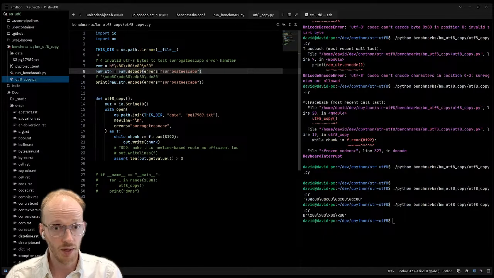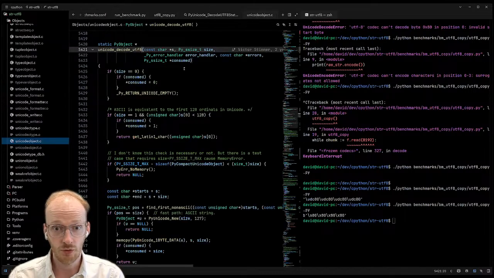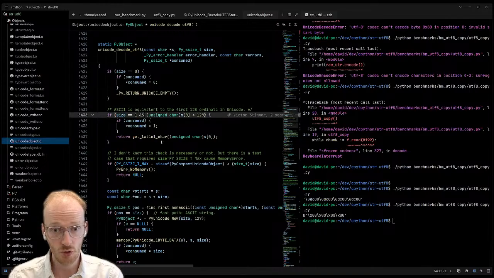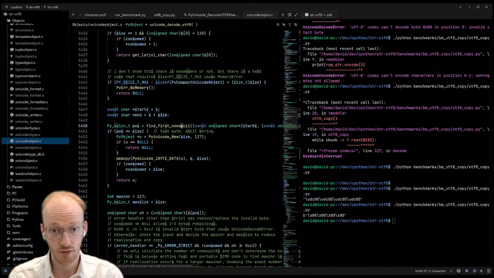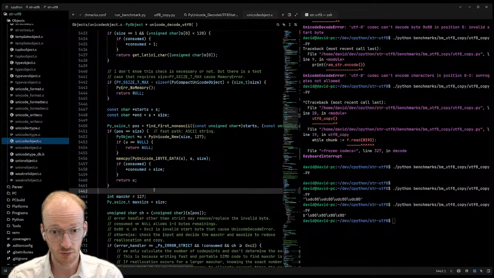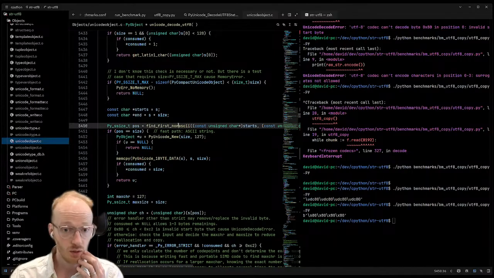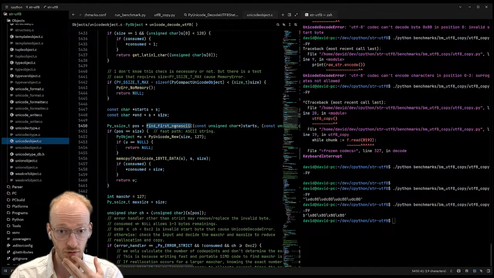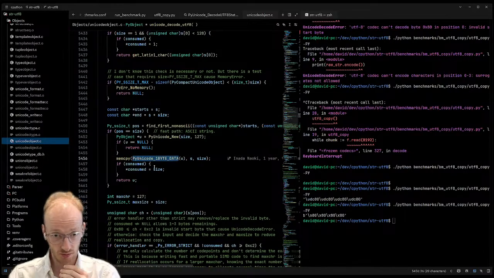So if we go back to the algorithm, I see where we're going now. At the moment it tries very hard to work out non-ASCII characters, and does fast paths for ASCII and all kinds of things. Which I guess we could still have, because if it doesn't find any non-ASCII, we can just do a memcopy. It makes it into a UCS1 format at the moment.